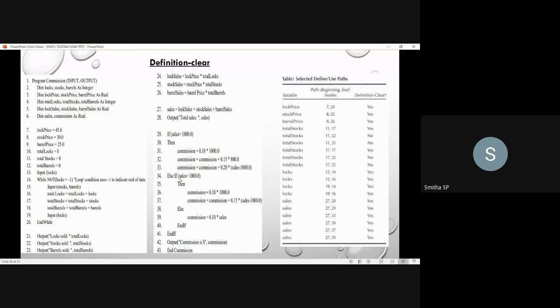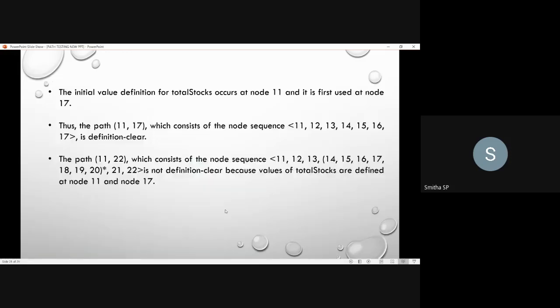Because it comes under another else if statement, so it is for the second sales range. So it is not feasible. Wherever it is not applicable, you write there not feasible. Okay, that's it.